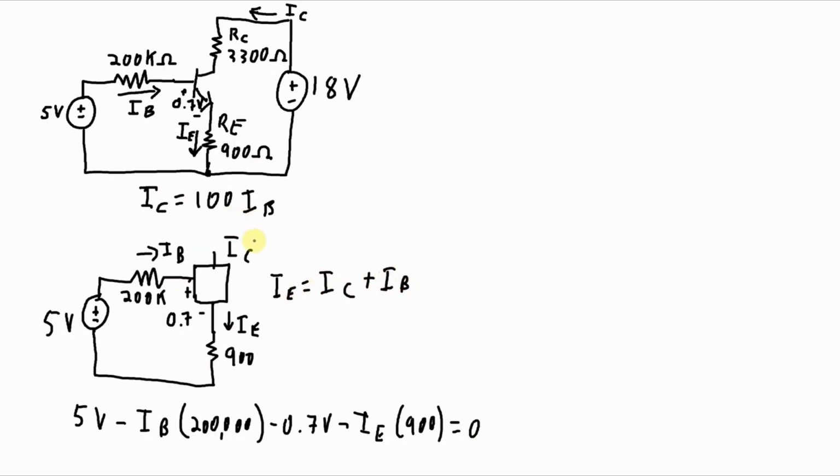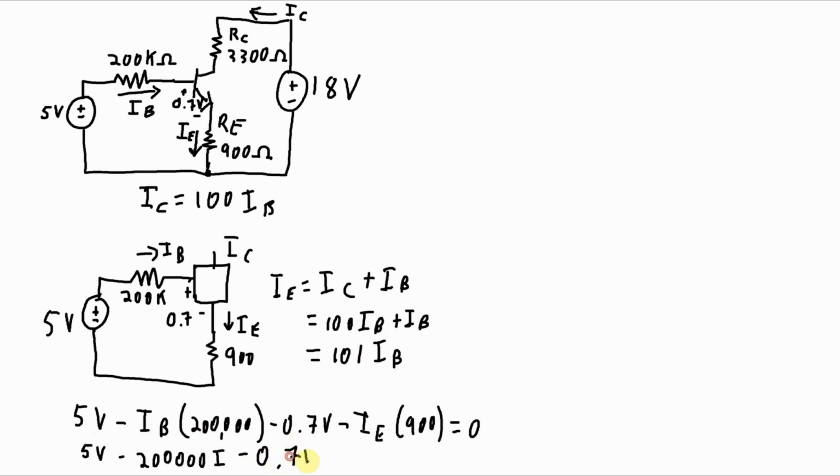But remember, IC is 100 IB. So this will be 100 IB plus IB. And that gives me IE as 101 IB. So I can plug that number into the equation here. I have 5 volts minus, let's just rearrange this so it's 200,000 IB, minus 0.7 volts minus 900 IE, but that's 900 times 101 IB. So that's